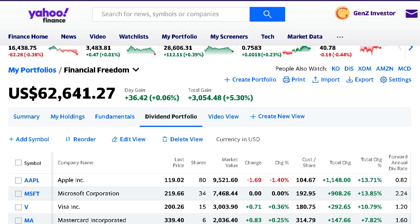Ark Invest has been growing in popularity, their funds have been taking over the market, and we will see if they can continue to outperform and provide investors with some nice